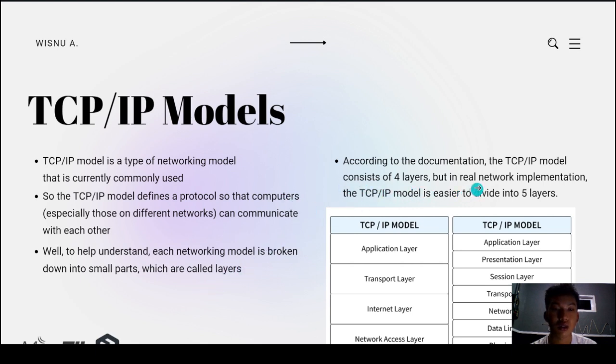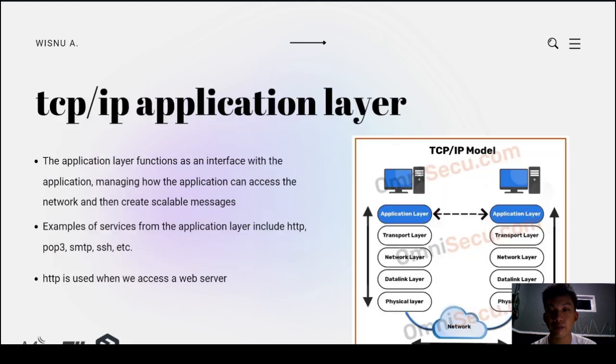According to the documentation, the TCP/IP model consists of four layers, but in network implementation, the TCP/IP model is easier to divide into five layers: application layer, transport layer, internet layer, and access layer. And for the OSI layers: application layer, presentation layer, session layer, transport layer, network layer, data link layer, and physical layer.